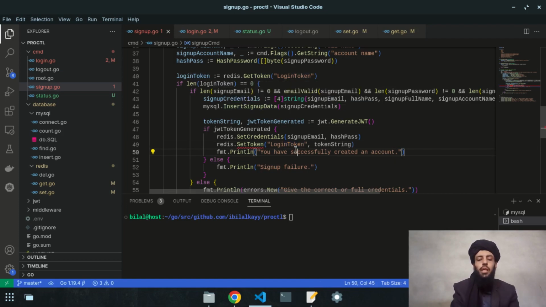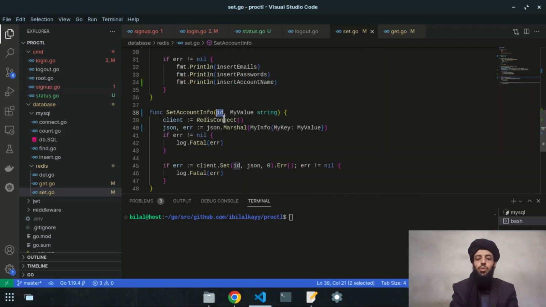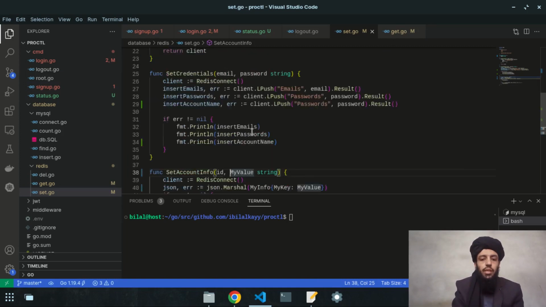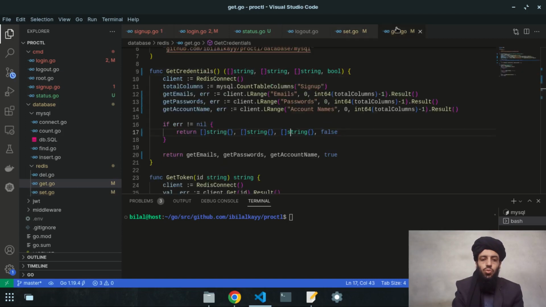All right, so there are multiple IDs that will be used, like the login token, the account name, and other things that I will be using in it. So the function will be one. All right, so this is the function that will be used. Instead, multiple IDs will be used in it. So the set account info is used, and after that, what I need to do is to go to the